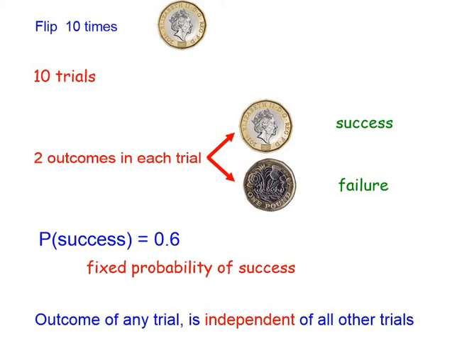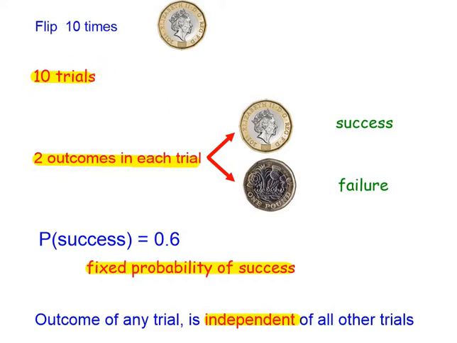There are 4 key points to note here. A fixed number of trials, only 2 outcomes in each trial, a fixed probability of success, and trials which are independent of each other. To calculate probability, some of the more traditional routes will cause problems because of the large